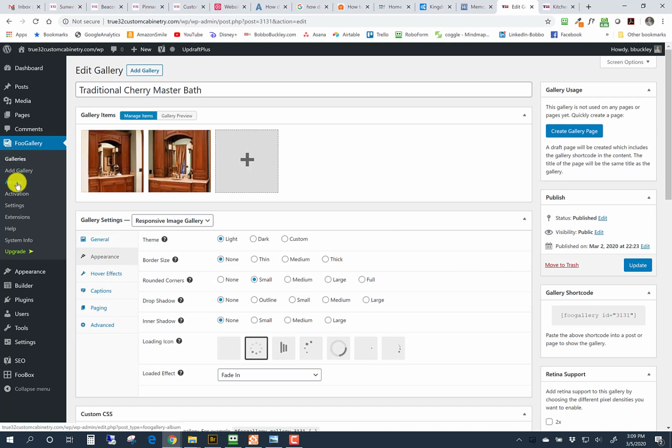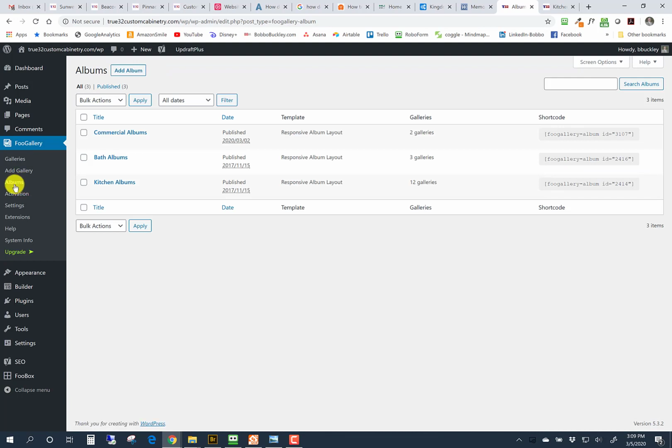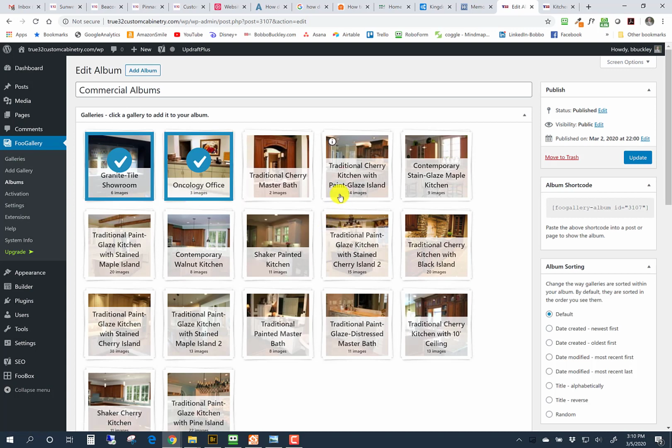gallery. And then the second component to the galleries is you got to have a way to display them to choose, and that's the albums. And so here you see those same albums that we saw on the website: commercial, bath, and kitchen. And when we look at these, basically while you're here you see every gallery you've created, but the ones you check are the ones that are going to show in this gallery. So this is commercial albums, so I want my granite tile showroom and my oncology office to show, and I'm going to do this step by step in a later video, and then you just update it and that will